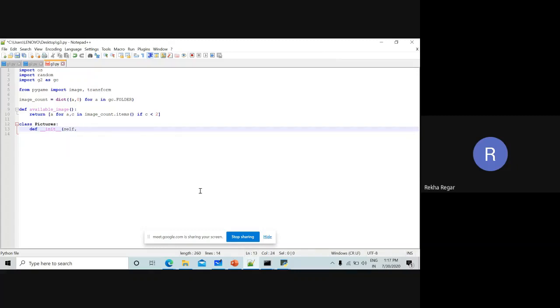It means whatever attribute we are going to use in this class, they must all be accessed with the help of this keyword self. And the one variable here is index. So like this you can see. After this we have to put the colon, because this is the function.